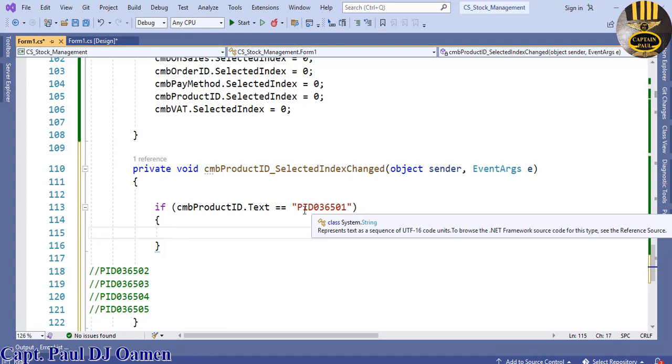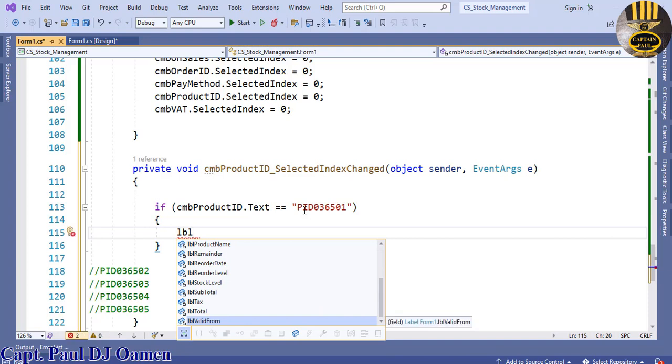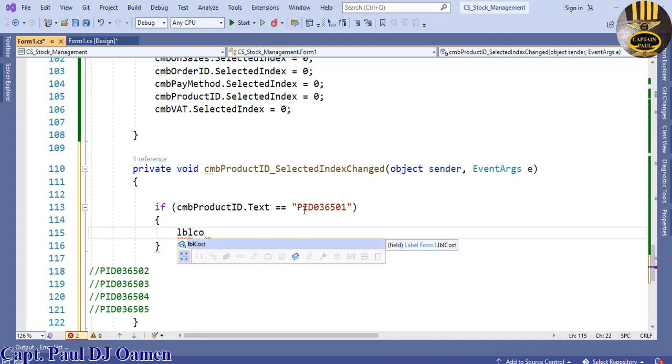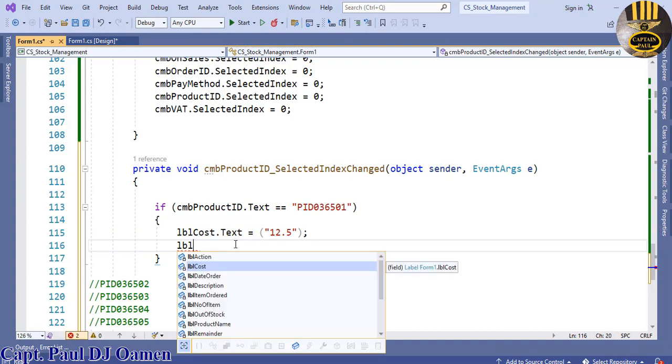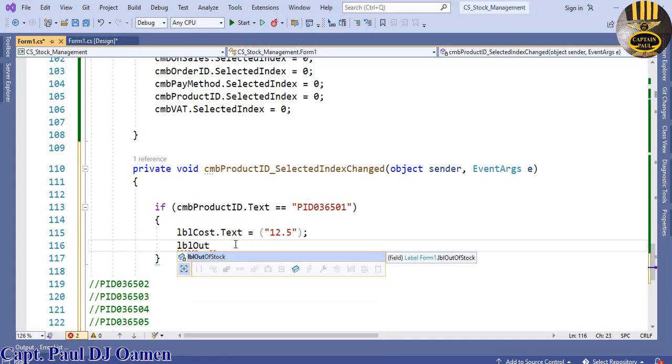Let's start with the LBL cost, the cost of the product, the text. So I'm just going to make up something in there. Let's assume the cost of the product is going to be about £12 plus. Let's put it in a speech mark actually. There we go. Now LBL out of stock